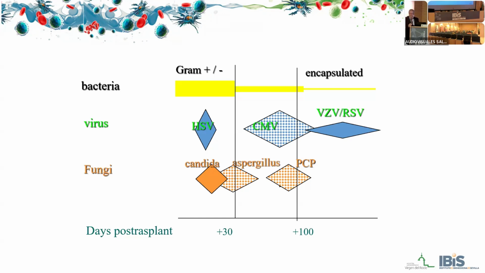But this risk remains high at the long term because the humoral immunity actually is defective for several years. And that is the reason why there is a higher risk at the long term of having infections due to encapsulated bacteria. Regarding the virus infections in the early post-transplant period, there is a higher risk of reactivation of herpes